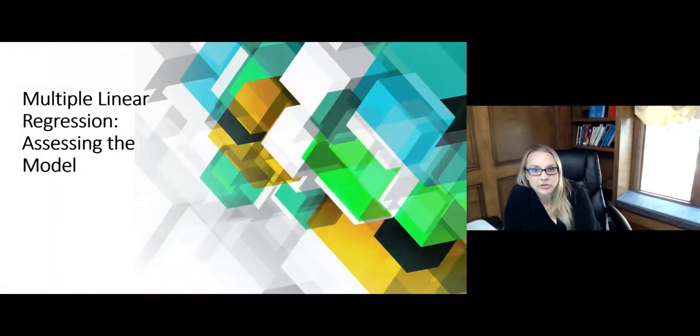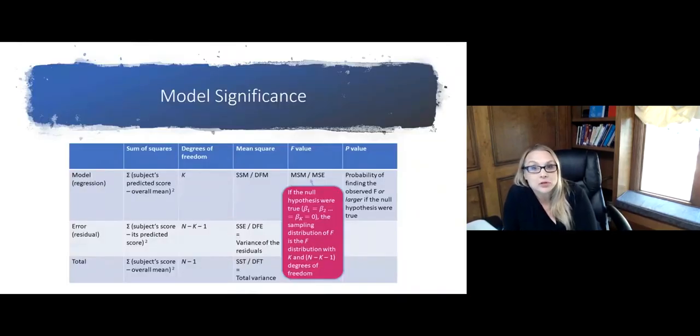Now that you have ensured that none of the assumptions of regression have been violated, you can now go through your model to look at how good it is at explaining the data that you have. The first question you need to ask is if your model is significant. When you run a regression analysis in a statistical software package, you will be provided with an ANOVA table that